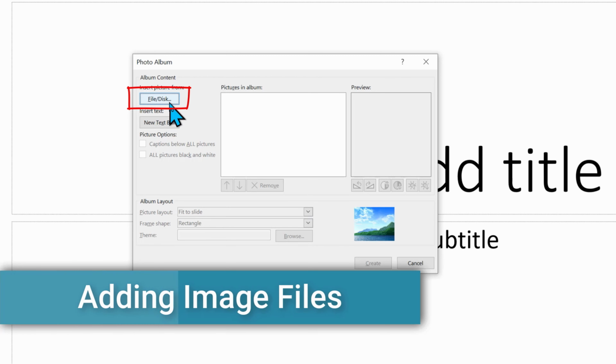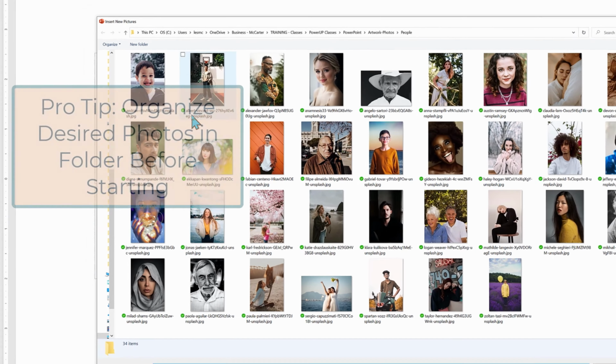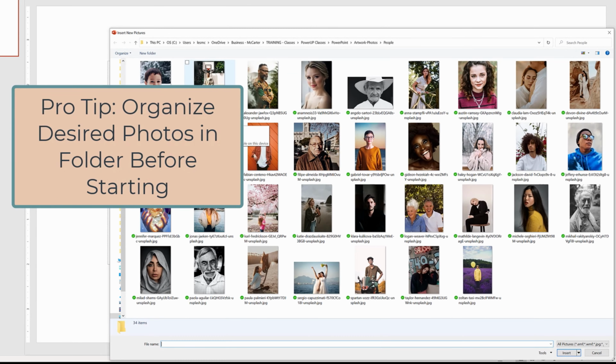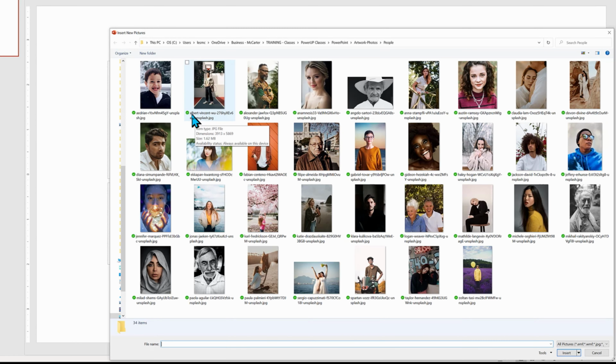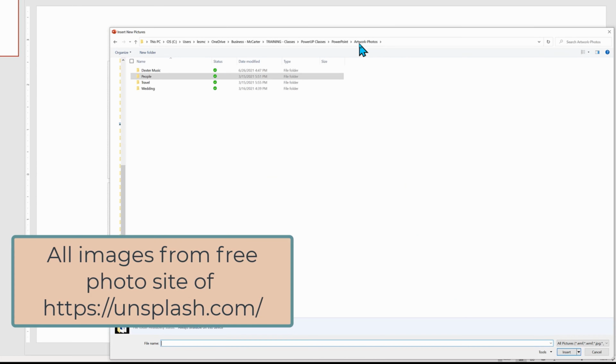Click File/Disk and explore your hard drive for the pictures. I recommend that you organize them in advance in their own folder to make it easier to find the collection and to navigate through them. On my computer, I'm going to go up one folder to my artwork class photos and then select the folder called Travel.